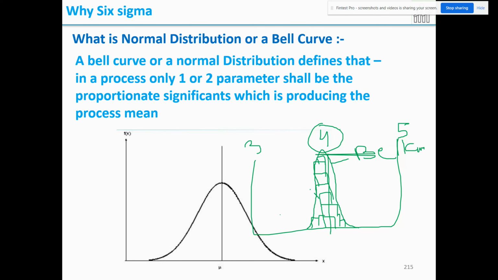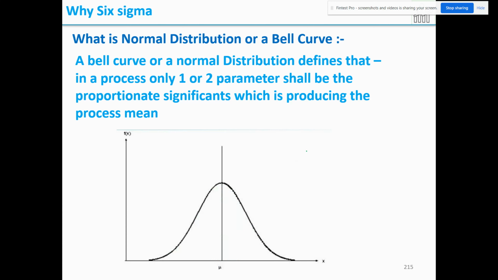We call it this when you achieve the maximum frequency of the mean. Therefore, we call it a normal distribution. That means your process is distributing the data very normally. What is the meaning? All the parameters that you set are trying to achieve only 4. So if you see here, this is mu, the process mean. Maximum data is getting achieved here, and few are a little bit distributed here. So it is forming a curve like this, correct? This is called normal distribution.